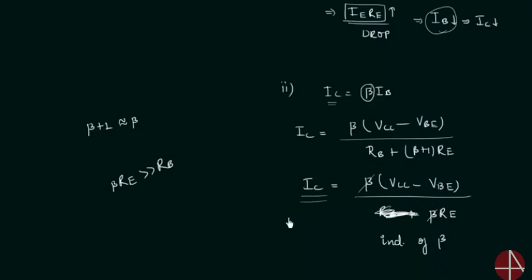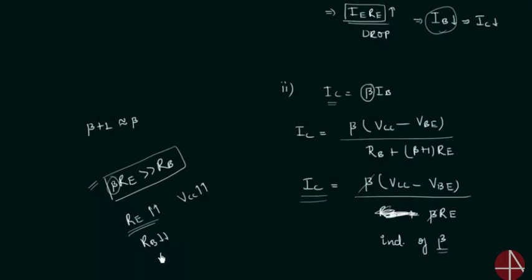The next thing is the disadvantages of this circuit. In order to have the collector current independent of beta, we must follow this condition: beta times RE must be greater than the resistance RB, and most of the time beta is unknown to us. So to achieve this condition, we must make the resistance RE very high, or we can make the resistance RB very low. Because of making the resistance RE very high, we have to keep the biasing potential high, and this will increase the cost and also the precautions.